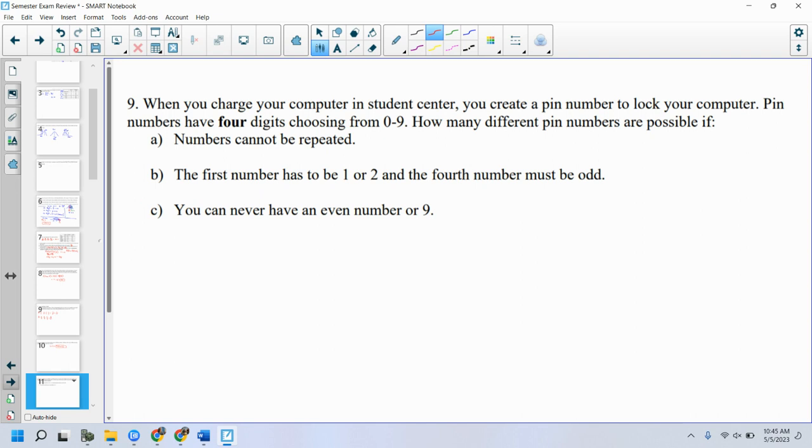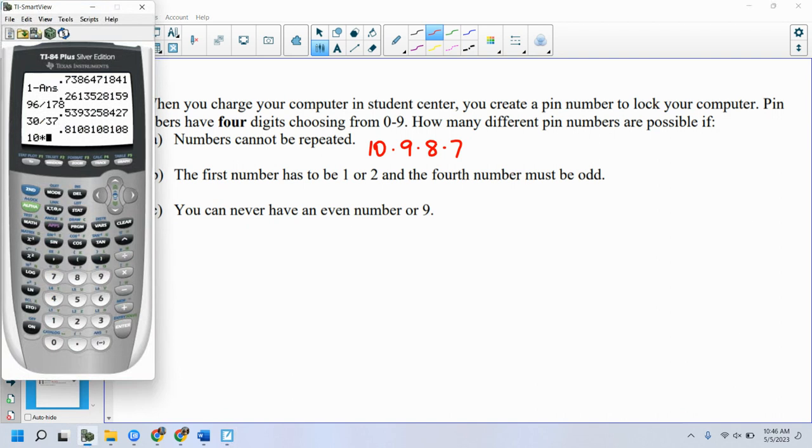Okay, I've got 4 digits, right? How many different options do I have on my first digit, if I go from 0 to 9? 10. Right, it's going from 0 to 9, 0 counts. How many different options do I have on the second? 9. Then 8, then 7. So it's 10 times 9 times 8 times 7,